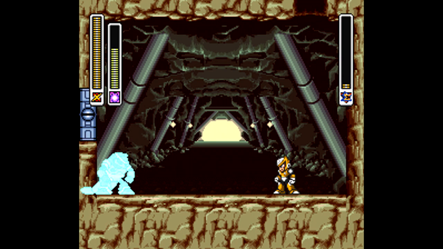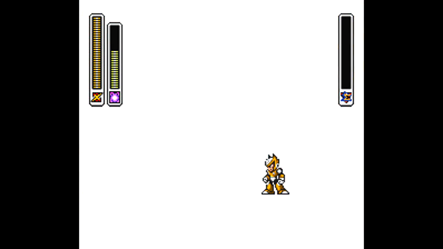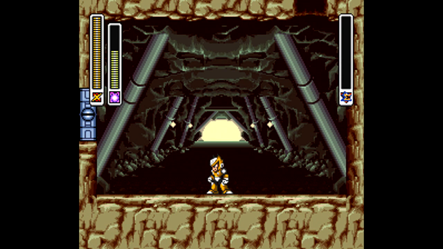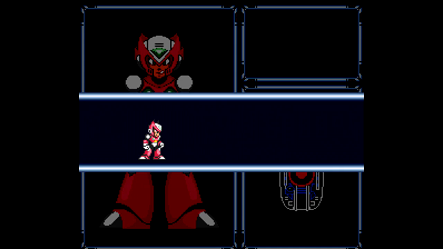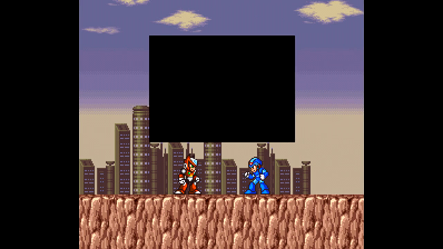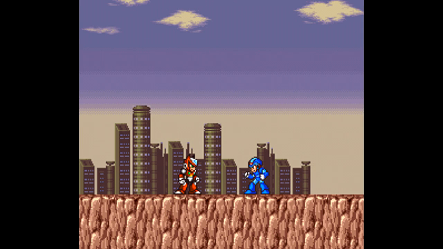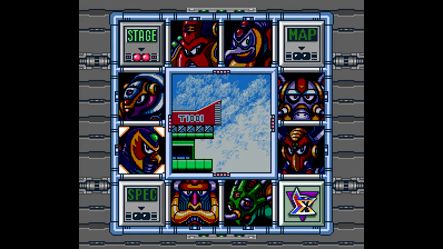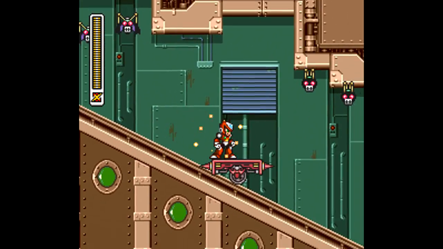Once he's taken care of, though, we then are able to go into the Sigma levels of the game, but before we do that, we have to go back to Armored Armadillo's stage. Once we go back into Armored Armadillo's level, unfortunately we do have to travel all the way through the level